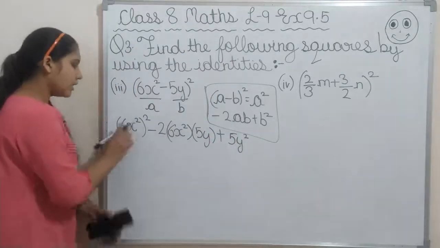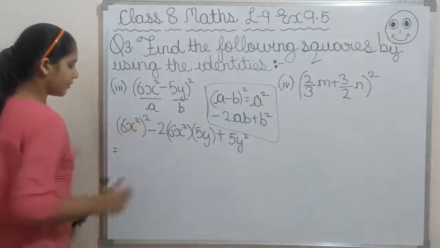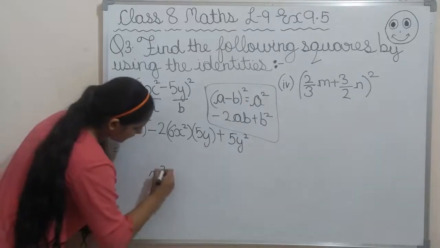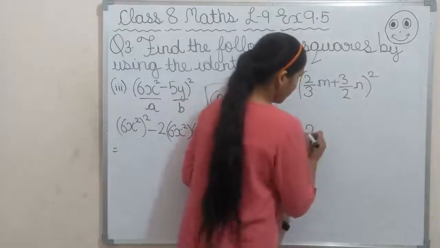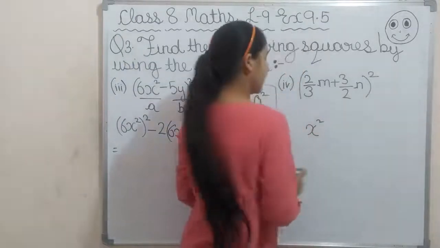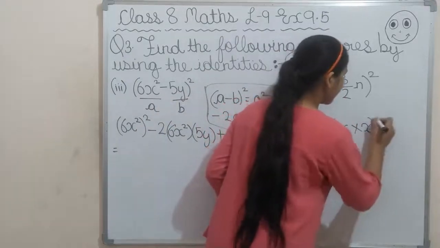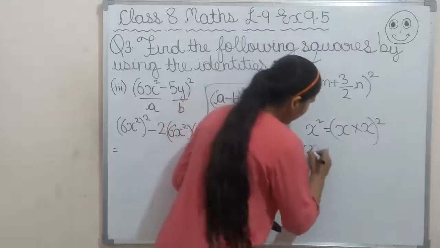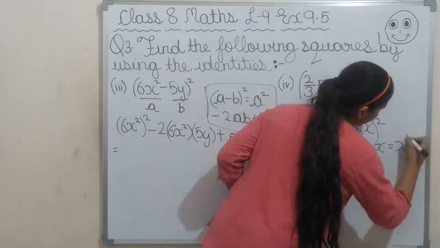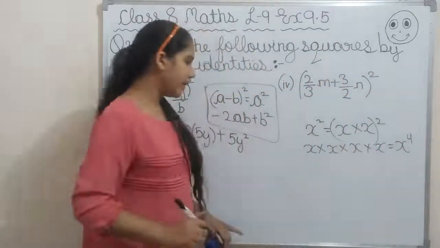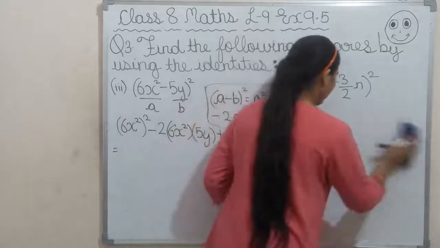So 6 sixes are, wait, here actually 2 into 2. If x square is given, I am doing it in rough. Okay, I will do the rough there itself. x square is given, so x into x. If it is said to do the square of this also, so it will be x into x into x into x. So how many times? 4 times. So x raised to the power 4. 1 2 3 4. 4 times, x raised to the power 4.